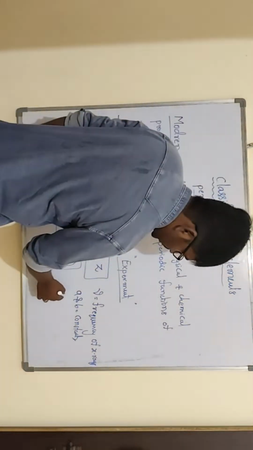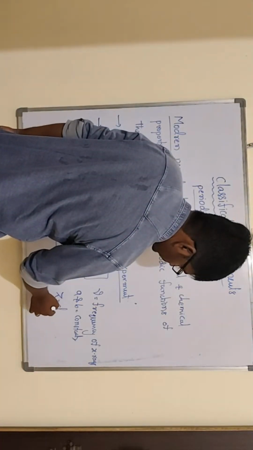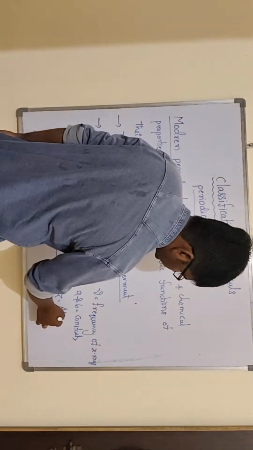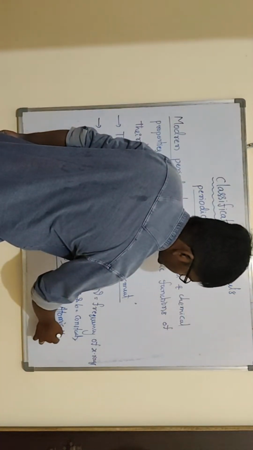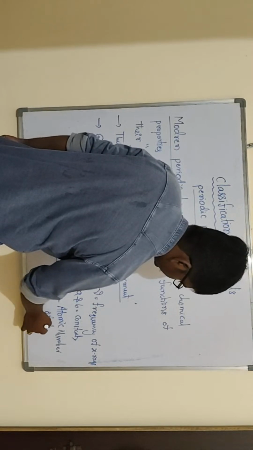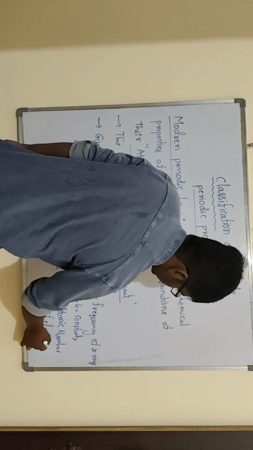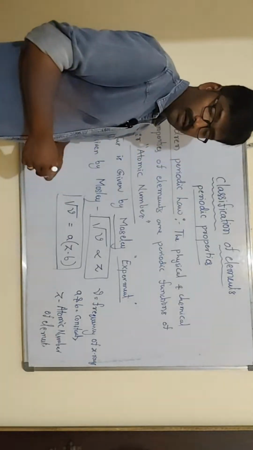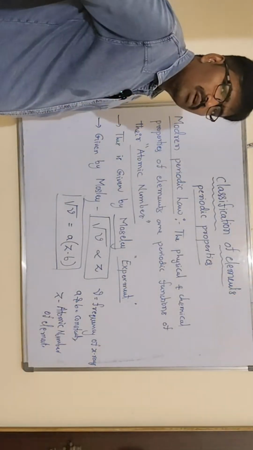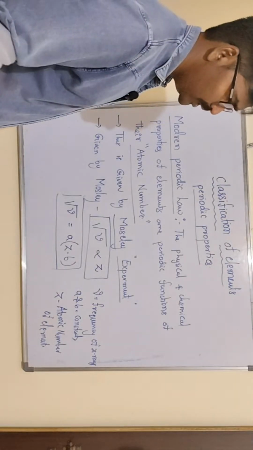Z is the atomic number of the element. So here, based on one of the experiments I told you about, for each and every element,